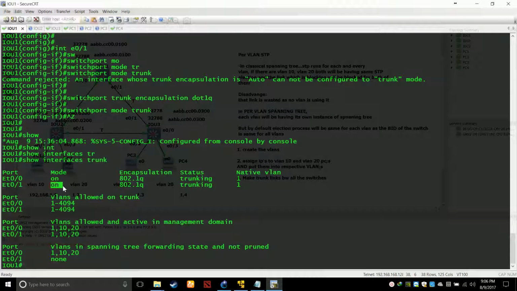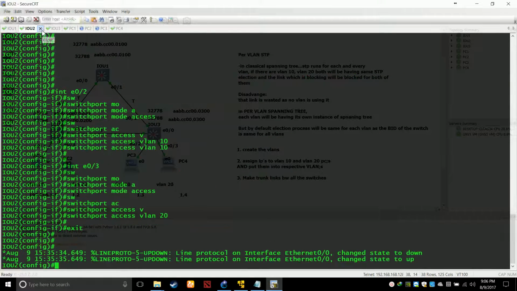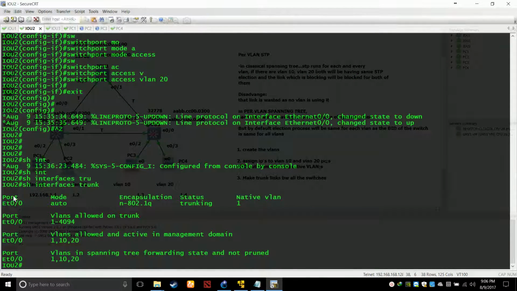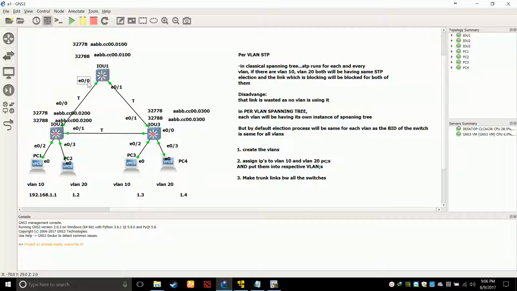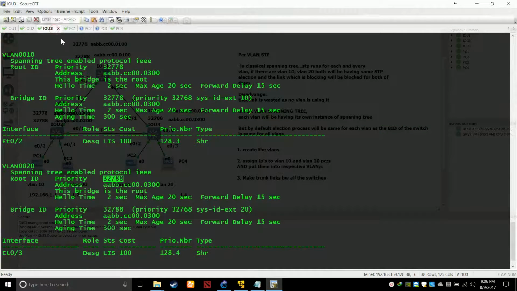And look here, the mode is on. On means manually you have done that, but if you go on the other side, switch 2, you will see that the interface will automatically be trunk. Why? Because we went on E0/0, made that one trunk manually, and E0/0 on the other side automatically became trunk. This is the behavior of how trunks actually work. Cisco recommends that you should give the command here also, but lab wise, practical wise, it doesn't make any difference. It will work the same. It's up to you.